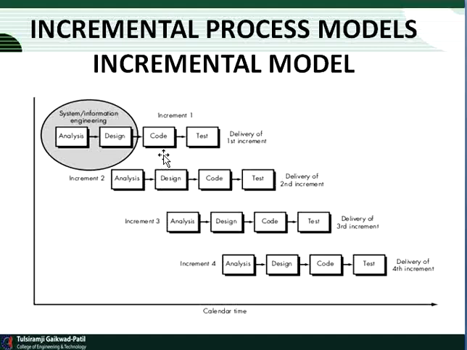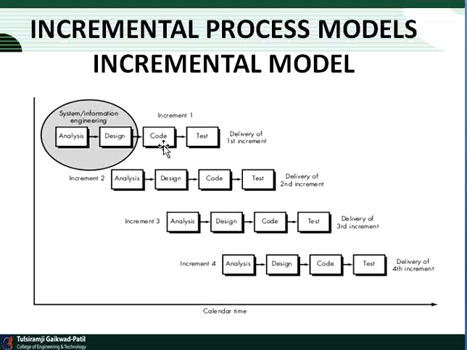That is, if one feature is implemented in the first module, then for the second module we have to follow all four steps: analysis, design, code and test. For analysis and design, we already studied system or information engineering, where the analysis phase acquires all the requirements of the customer, and design acquires all the modeling processes, that is, design of the software or the system.